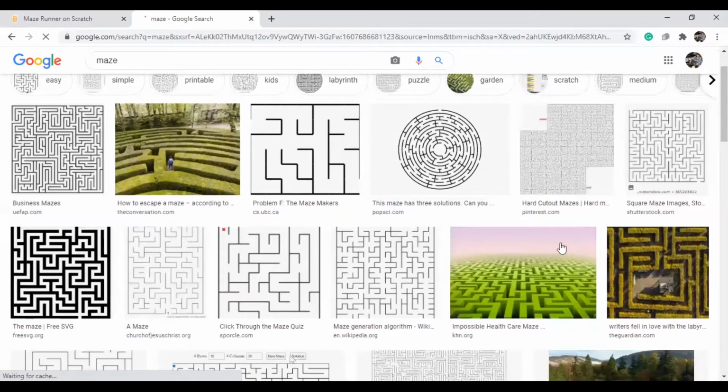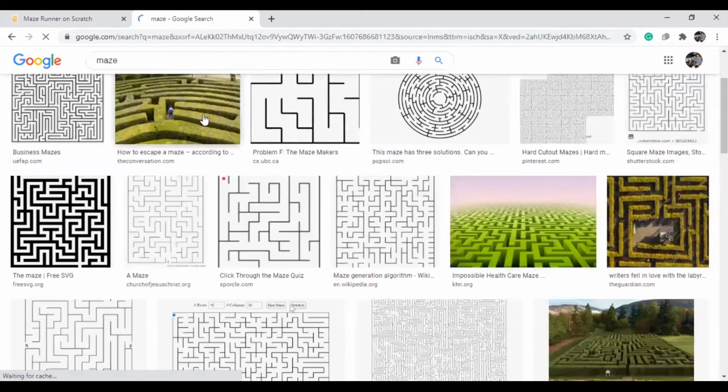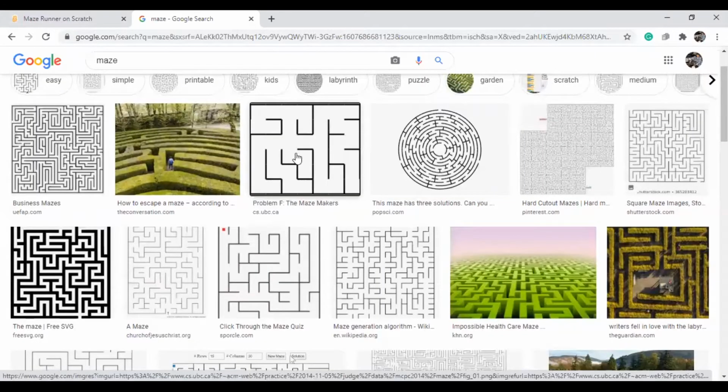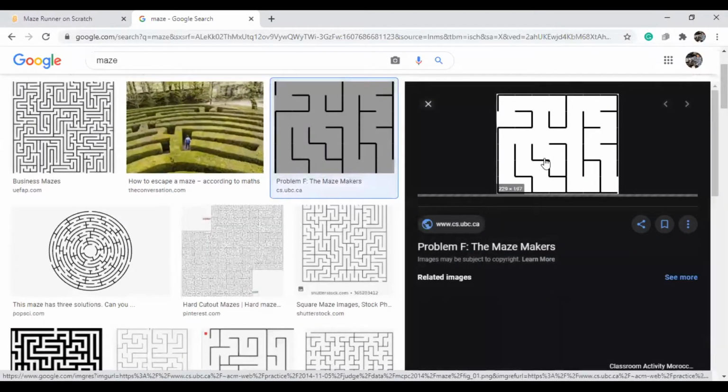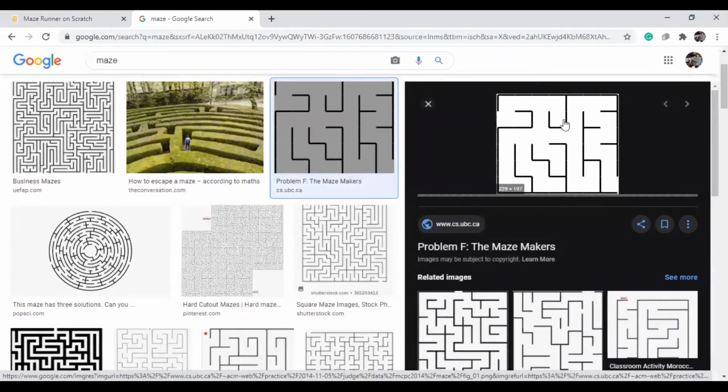So here the real-time mazes will be like this. Suppose if you see this one, the maze will be like this. We need to find out the route. Here it is coming like this, it is coming like this, here this is the out. Only one in and only one out. If you come to this side, you can get stuck.